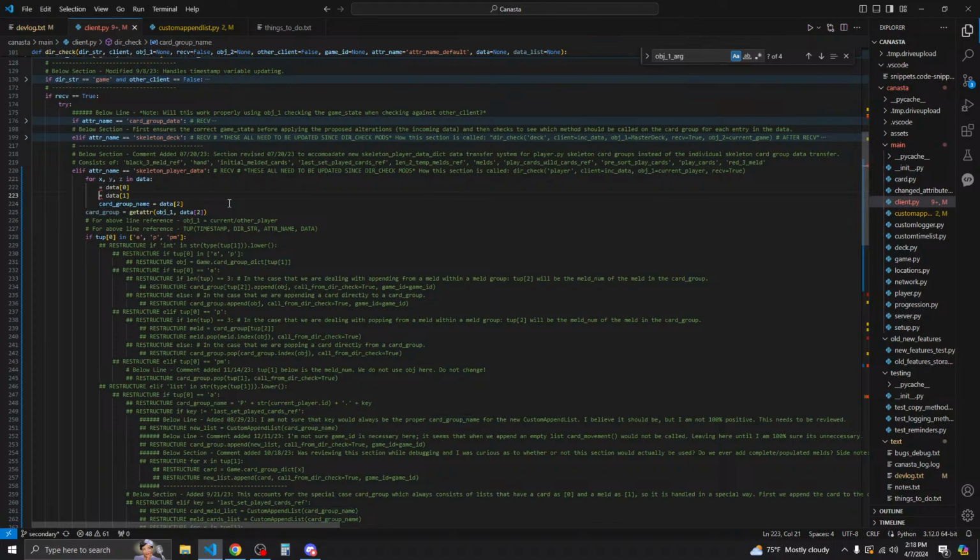So this will be card group name as Z. Now I don't know if this is always going to be true actually, so let's put a hold on this, because we might not be able to actually do this as like that special case I was looking at. It might be the only time it's structured with 3 entries in data.